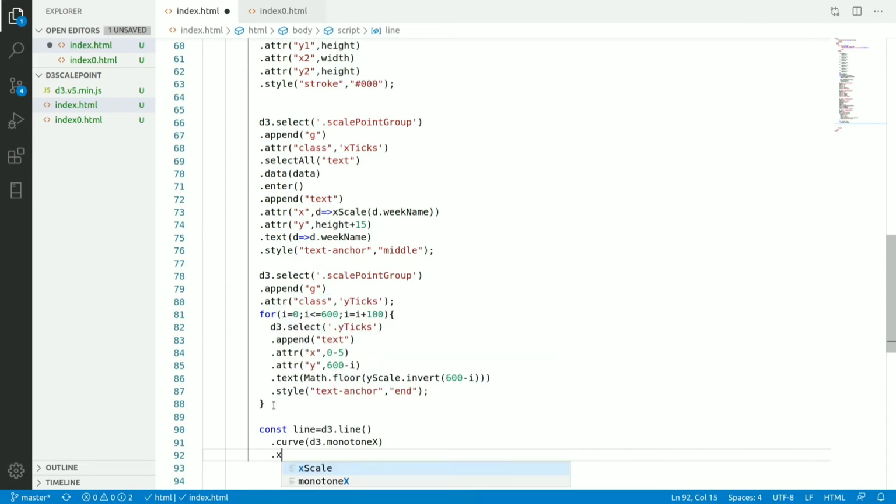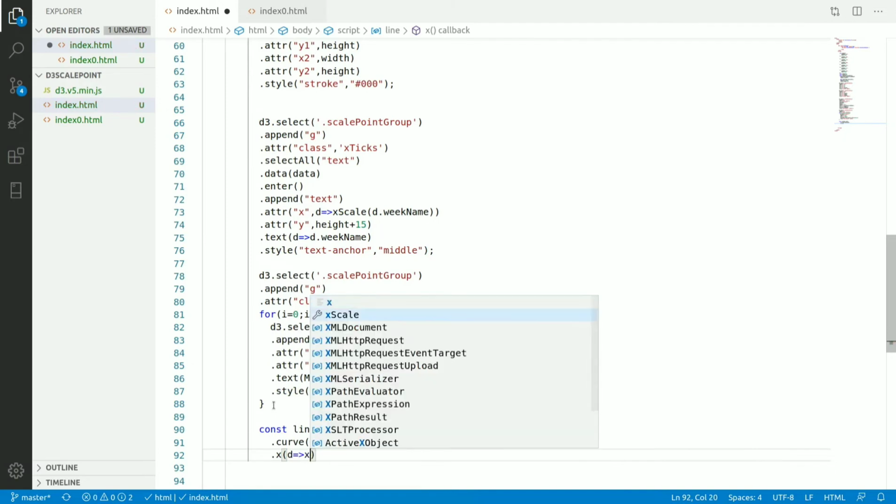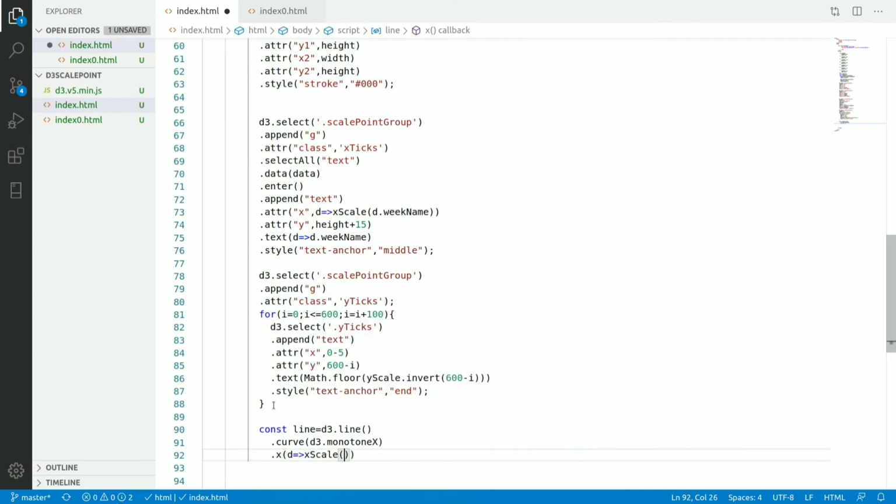Now dot x, I want to pass x scale of d dot week name, and for dot y, I want to pass y scale of d dot cells.